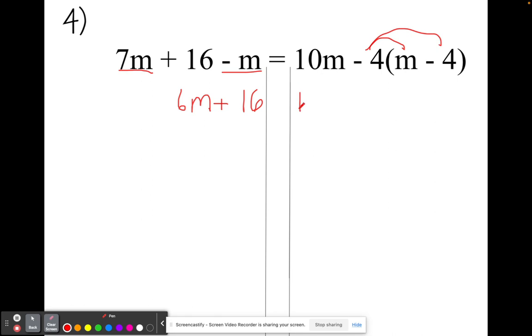So I have my 10m. And negative 4 times m is negative 4m. Negative 4 times negative 4 will give me a positive 16. Combine my like terms. 10m minus 4m will give me 6m